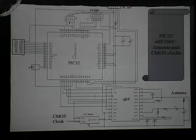This is the NRF chip, and this actual package doesn't refer to the bottom pad. All QFN chips, which the 2401 is, have a pad on the very bottom of the chip that allows you to connect it to ground and reduce noise. However, this package did not tie anything to that ground. Also for the NRF, I used a CMOS clock, thinking it'd be a 16 megahertz clock. It'd be able to run on 3.3 volts, and I was intending to run it off of,